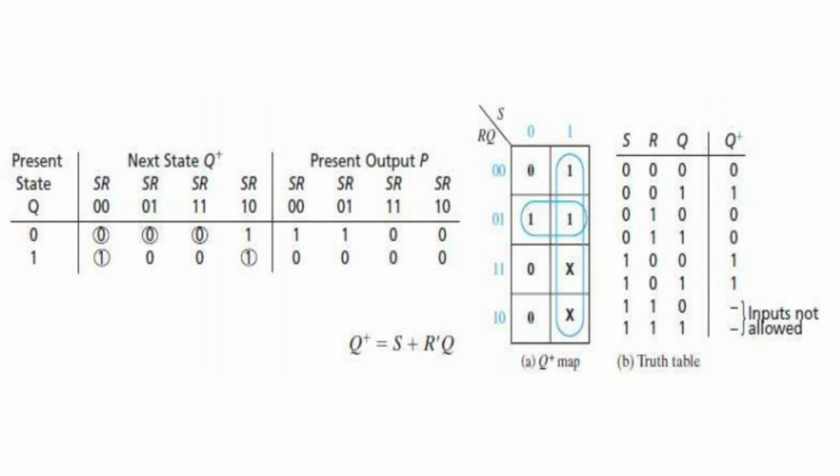Let us plot the K map for the next state, that is the Q plus state, and after plotting the values of Q plus in the K map for the S, R, and Q values, you get the equation for a set reset flip flop, that is Q plus is equal to S plus R bar Q. An equation that expresses the next state of a latch in terms of its present state and input is referred to as a next state equation or a characteristic equation. So this is all about your set reset latch flip flop.